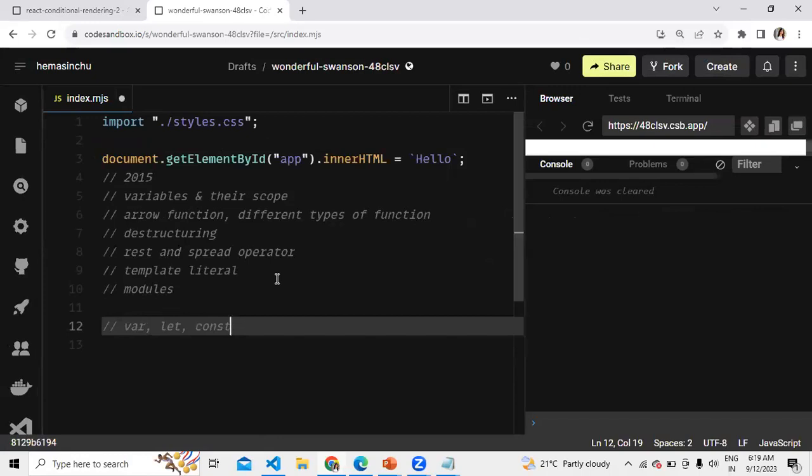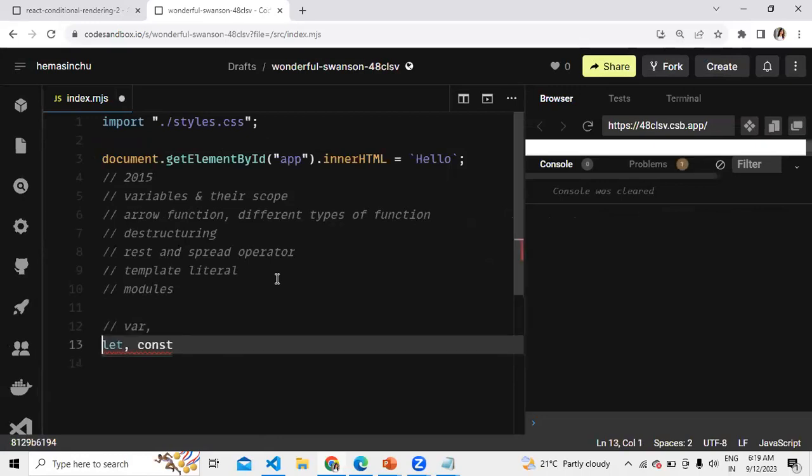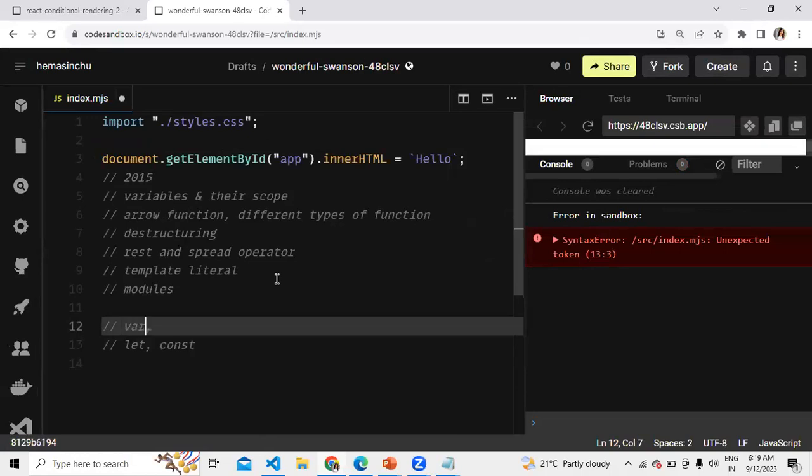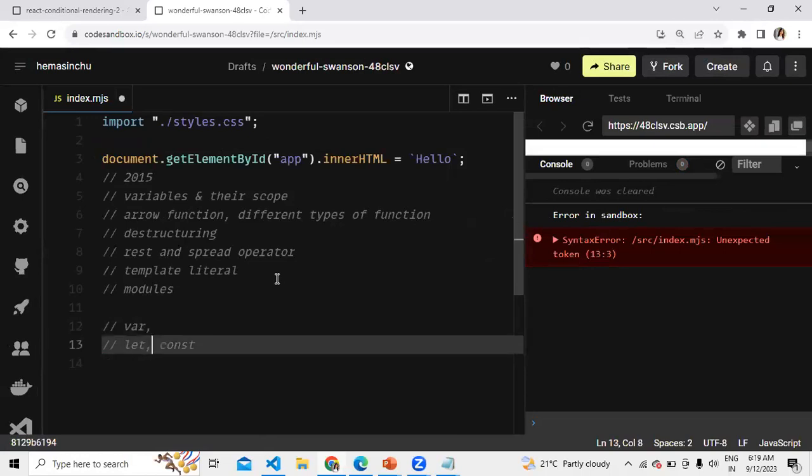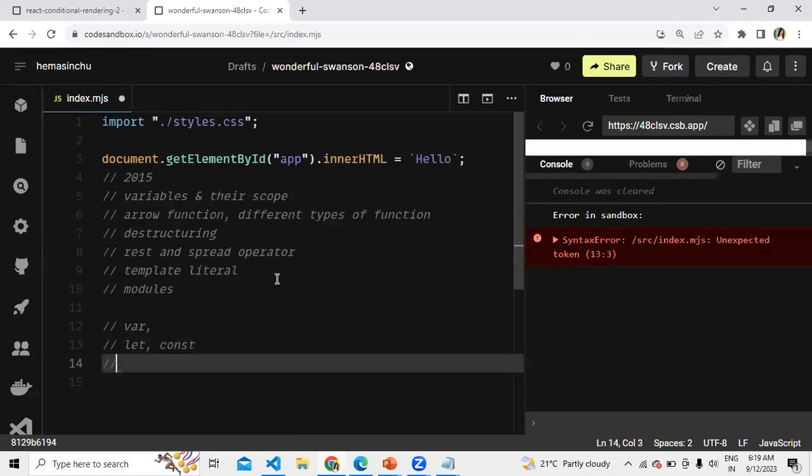Three syntaxes are available today. Out of these, let and const are newly introduced. Var is a very old syntax. Now let us understand why they were introduced and what is the difference between let and const.